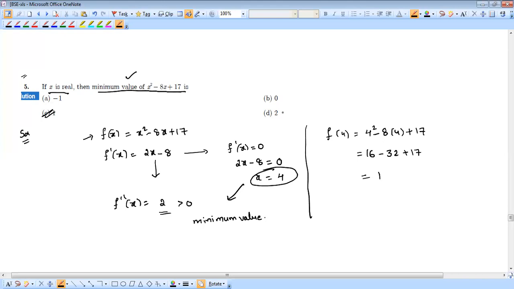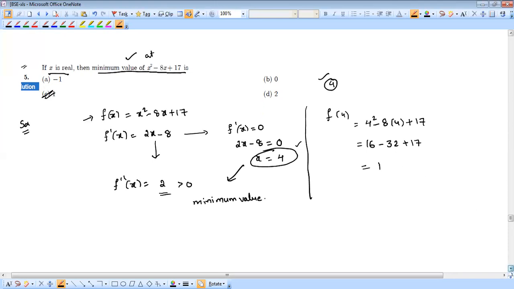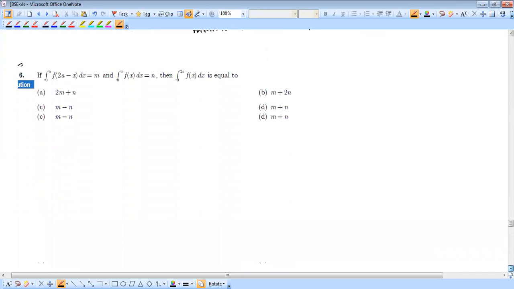People will get confused. Suppose one option is 4, they'll go directly for 4. Please try to understand: they're asking what is the minimum value of the function. They're not asking for the x at which the function is minimum. If they ask you x, then you can go for x equal to 4. If you are going for the minimum value, then 1 is the final answer. Try to understand the difference between the sentences. And next one,